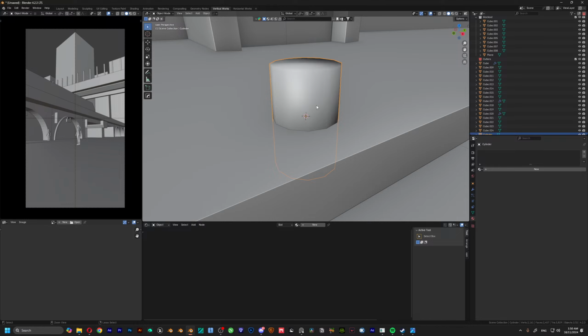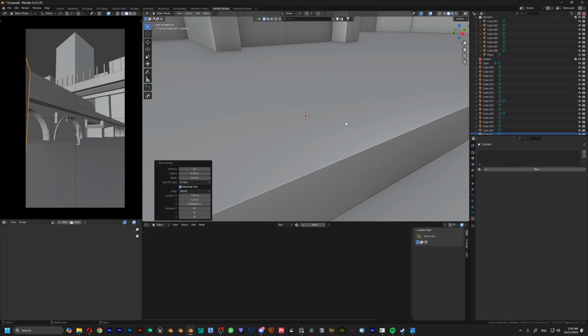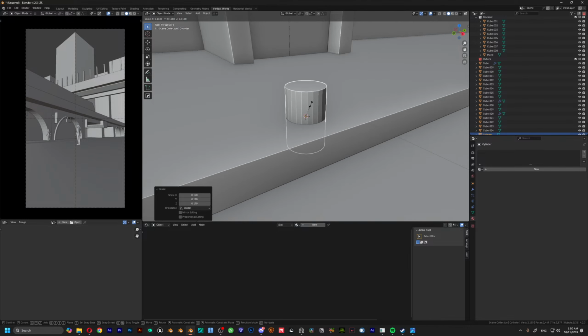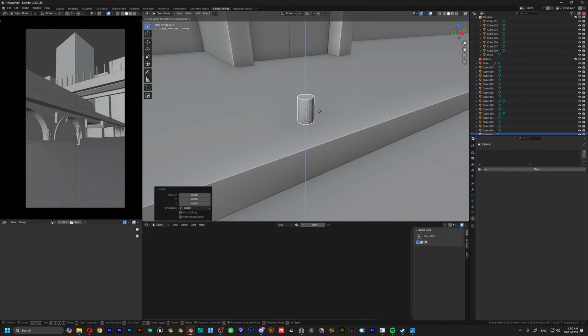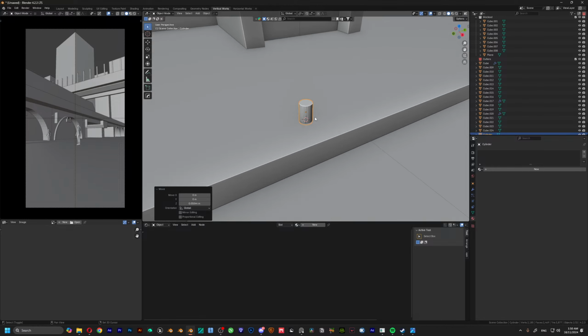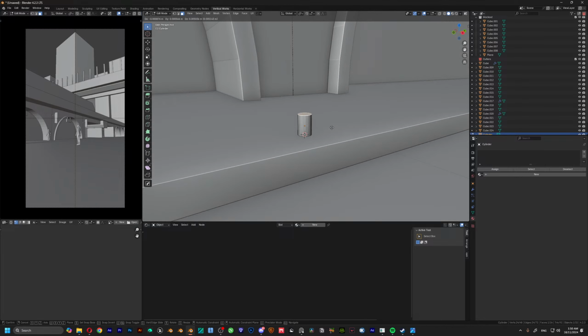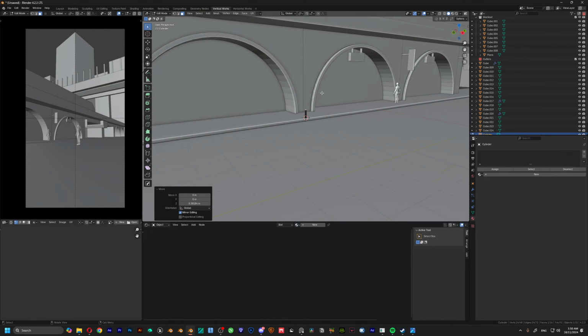It is good. No, 12 is a ridiculous amount of vertices. 24. Now that's really hard to spot as a little thing. Now make them a bit